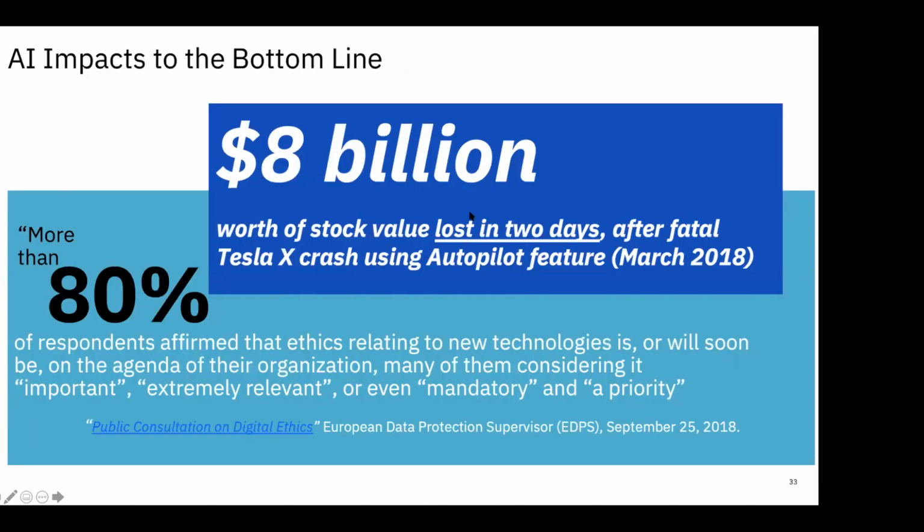So this is just the statistics of how important it is when something happens through a mistake that a machine learning algorithm can make, or AI in general. And through a survey, 80% of people in the organization thought that this concept will be extremely important and mandatory and a priority to be discussed in their organization. So they think regulation and ethics is one of the top of the list in their organization to discuss